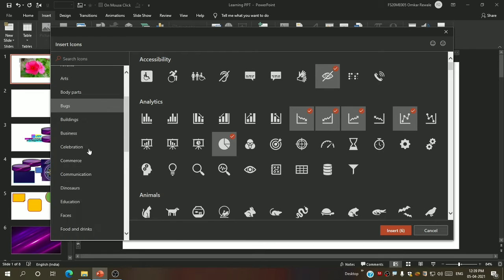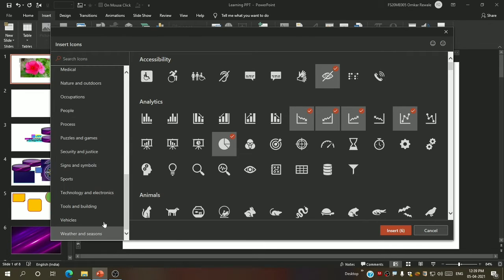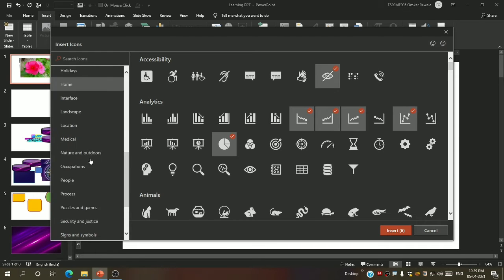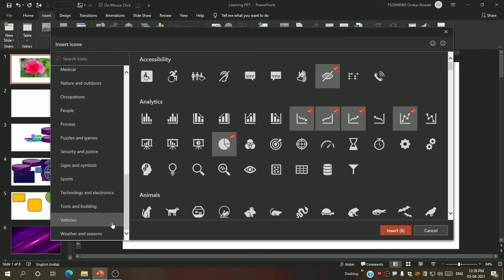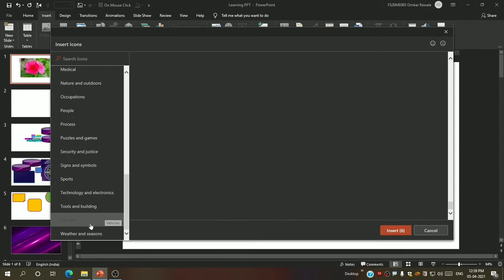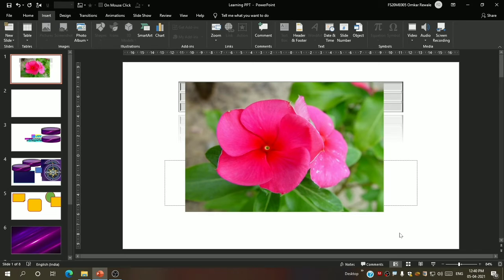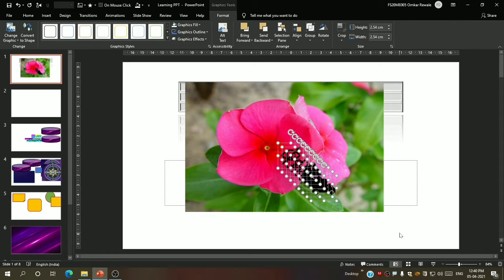Well, these icons are also categorized. You can see according to your need. If you want something related to vehicles, say I want something related to vehicles, then you can search for vehicle. Now see, I got the vehicles option, and then you can insert them. See, it will display over here.